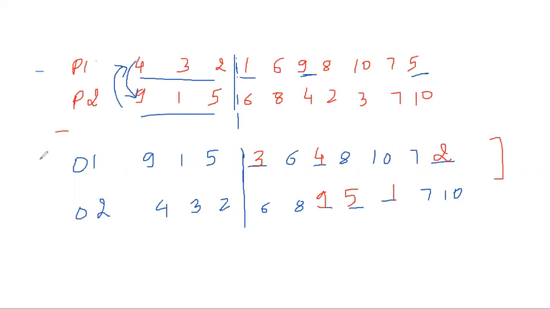The next method and the last way, other modifications are already there. We are only going to do the 3 types of crossovers which are there. Rest of the operations are going to be the same. The only difference we are going to have is in the crossover and in the mutation. In mutation also you have to see what you are changing with what. Other than that, it is exactly the same as the other form of your genetic algorithm, like you did in the last example, the last to last lecture I should say.